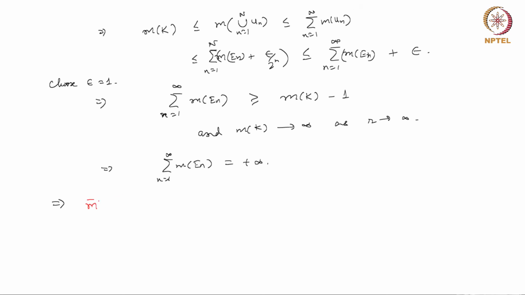So we see that we have finally proved that the elementary measure m bar on the elementary algebra is a pre-measure, and once we have a pre-measure, then we can use the Hahn Kolmogorov extension theorem to get a measure. The extension theorem gives a measure m tilde on a sigma algebra, which is given by